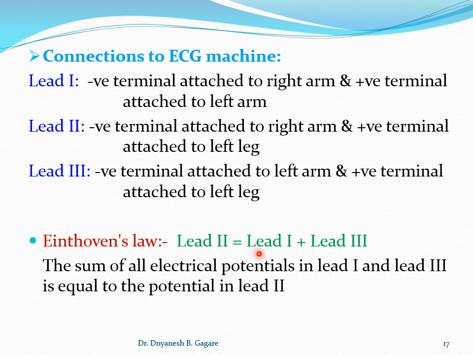Okay, so again listen, the potential in lead 2 is equal to the potential of lead 1 plus potential of lead 3. That's why we are getting the waves on ECG with higher amplitude. Higher potential, because if there is more potential, we get more height of the waves, and this potential of lead 2 is equal to potential of lead 1 plus potential of lead 3. Okay, and this is all about Einthoven's leads or bipolar leads.